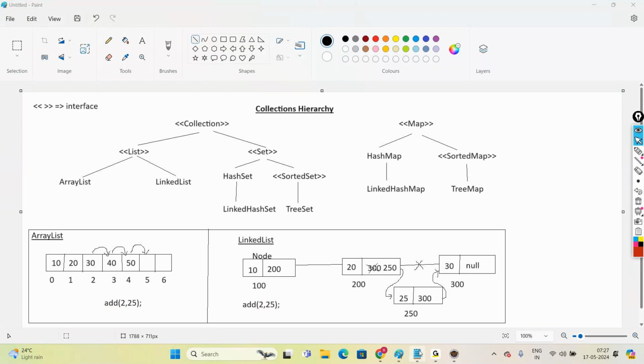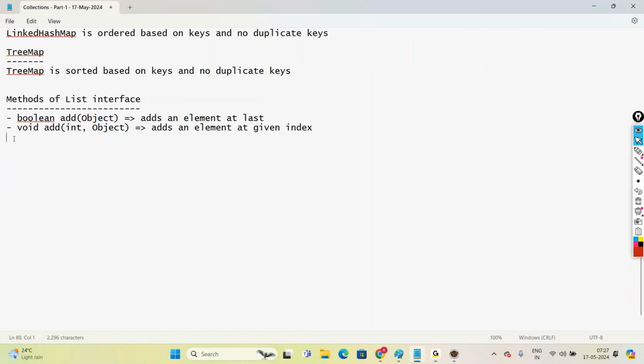Next one, void set(int, Object) updates or modifies the element at a given index. At the particular index, you want to change the element. You want to update the element, then we go with the set method. Then